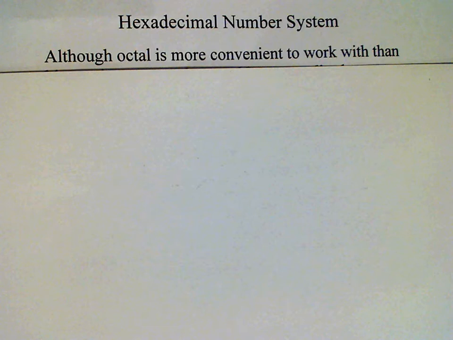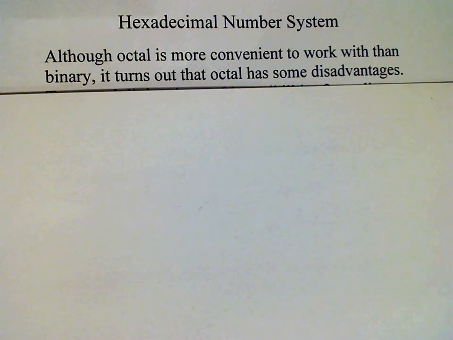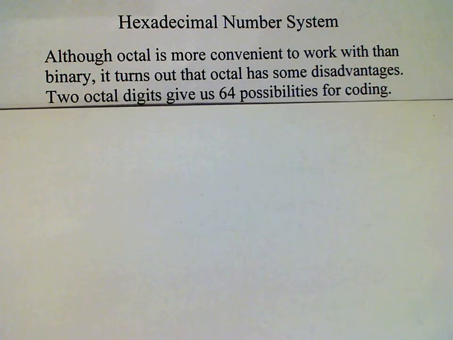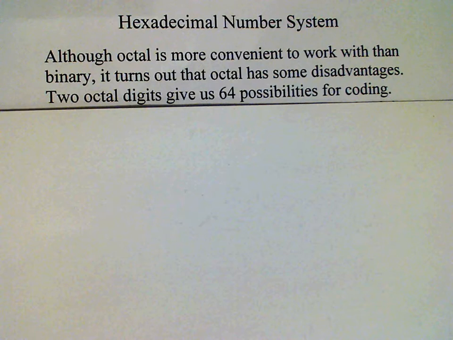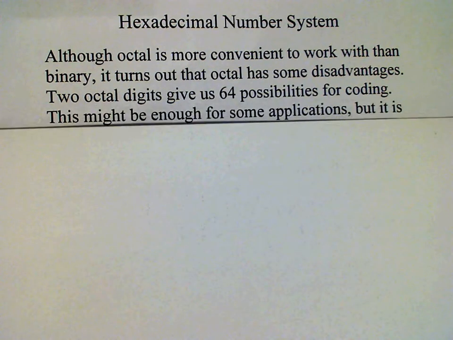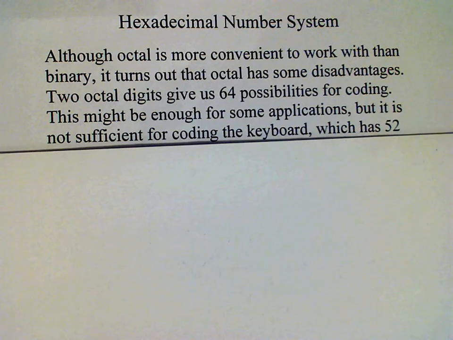Octal is a lot more convenient to work with than binary. However, it turns out that octal does have some disadvantages. If we were to use 2 octal digits, for example, in coding, that would give us only 64 possibilities. And this might be enough for some purposes, but normally we're going to require enough codes to code the keyboard,